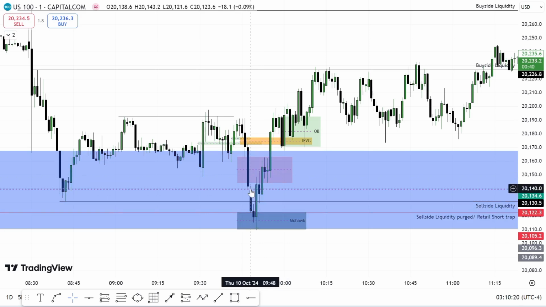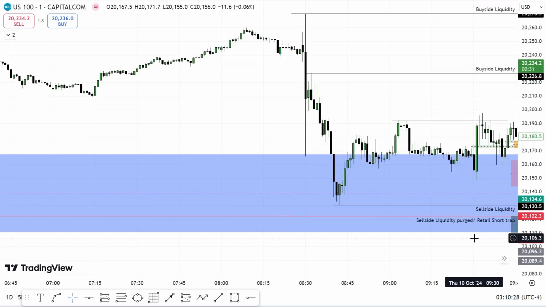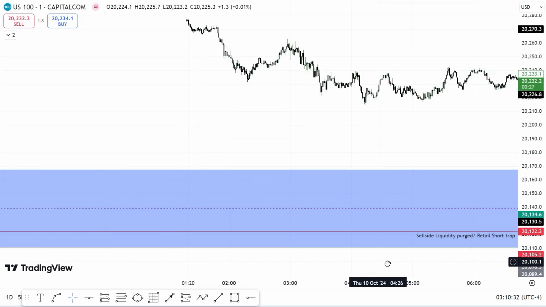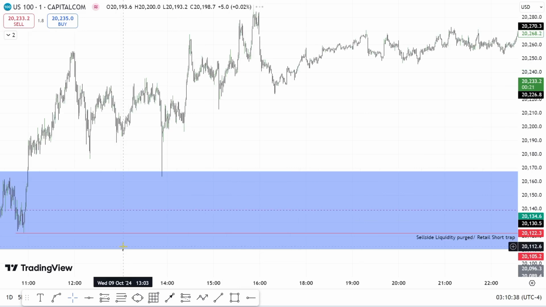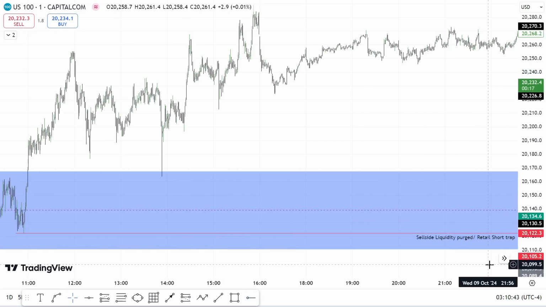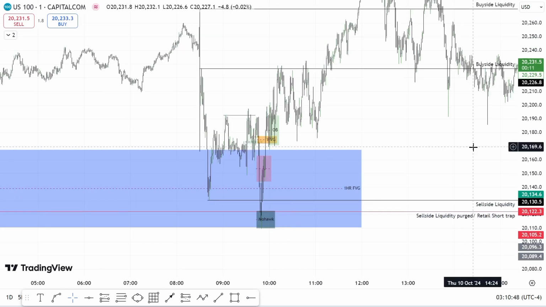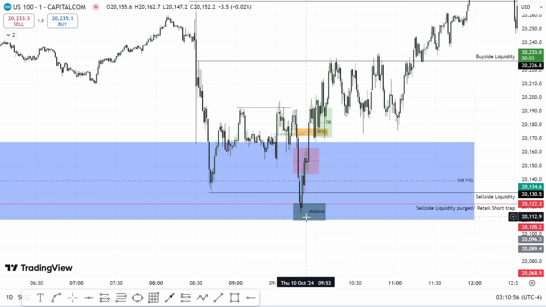But for me, anytime it takes a sell side liquidity, and this is also a sell side liquidity here, let me show you. So far, this is also a sell side liquidity here. Once it takes a sell side liquidity like this, especially when it's in a bullish fair value gap, I don't want to sell anymore. I repeat, once it takes a sell side liquidity, I don't want to sell anymore,